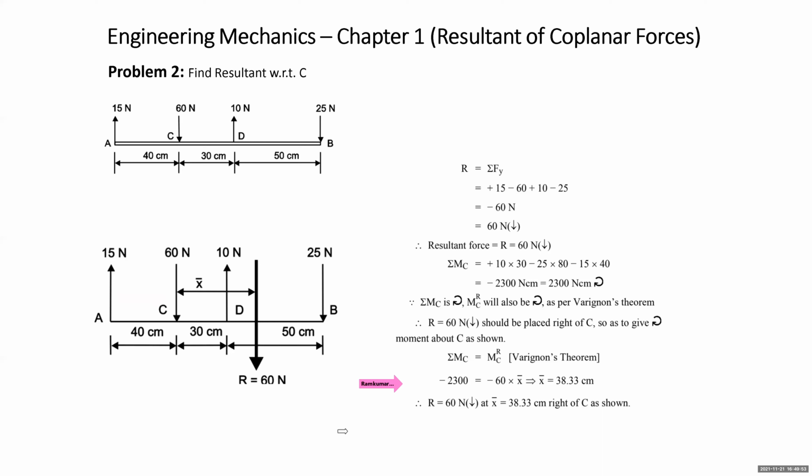Why we should not write the value of x bar in the diagram? Because most of the time it may not match with what you have shown and what you have arrived at. So that's why we show the perpendicular distance of the resultant from the moment center as in general form only. X bar, y bar, d, x, y, anything what we take.